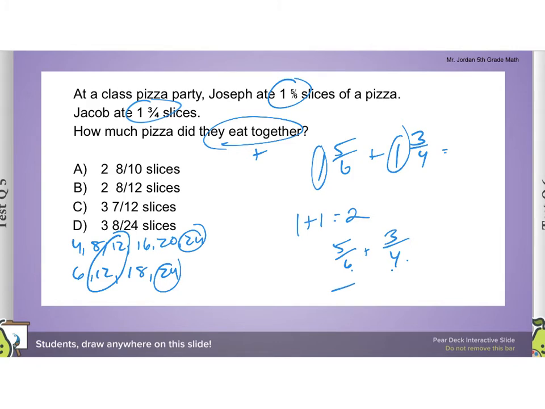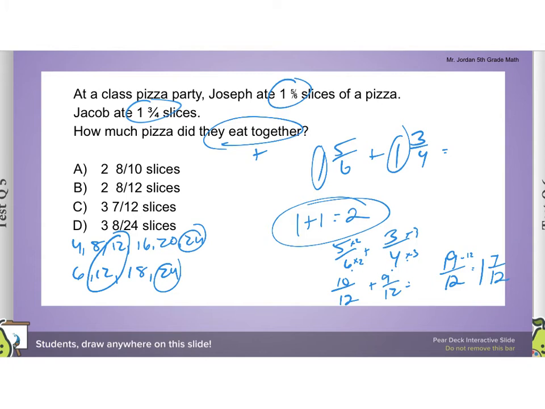So it's better to go with 10/12, multiplying by 2, and then multiplying this by 3 to get 9/12, which would be 19/12. If you subtract a whole one out of there, this would be 1 7/12. You still have the 2 that you need to add. So your answer is going to be 2 plus 1 7/12 is equal to 3